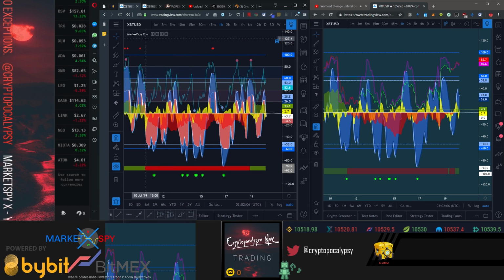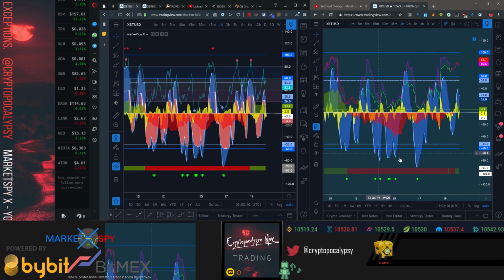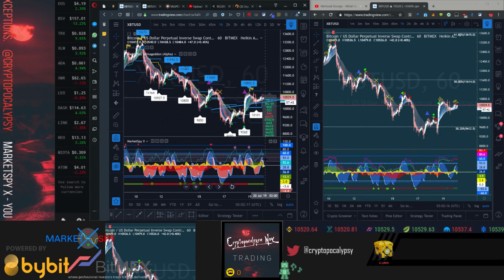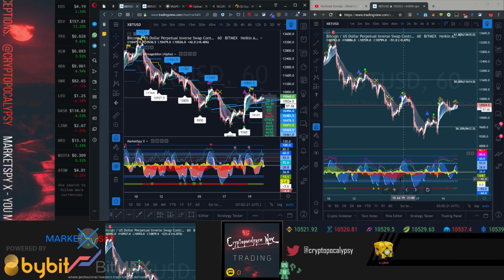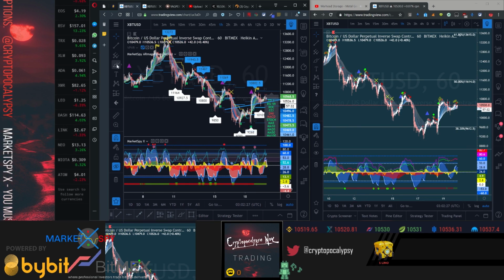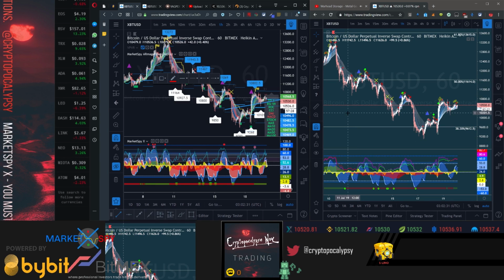The second part about MarketSpy X and Market Cipher B, as they call it, is the money flow. The money flow that Market Cipher incorporates is very interesting. However, I will show you just how. It starts from,